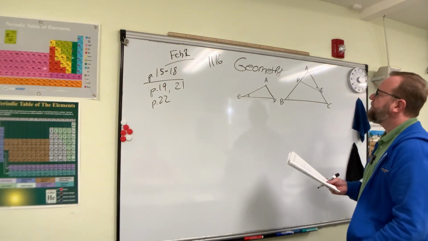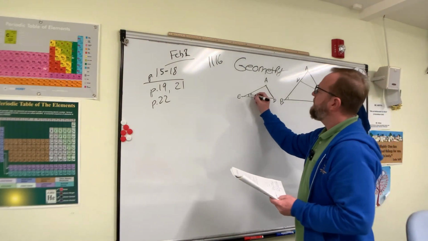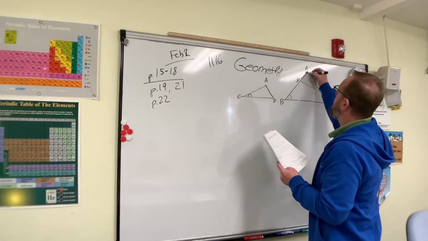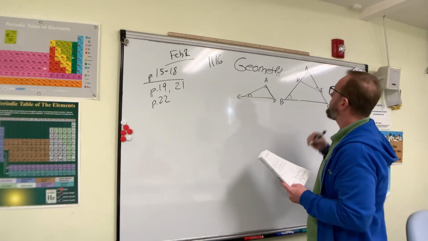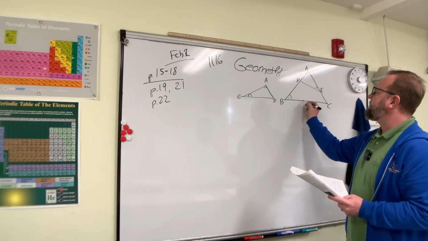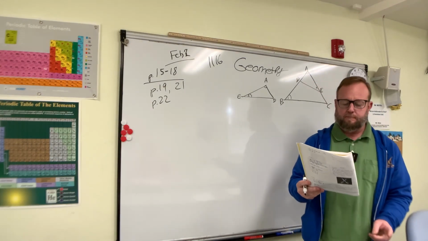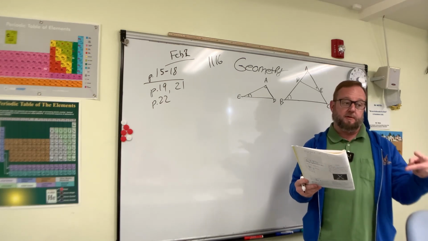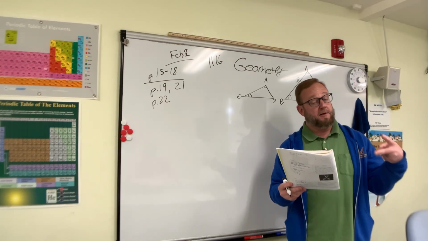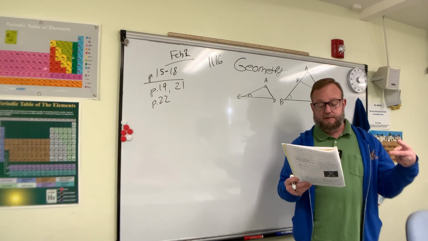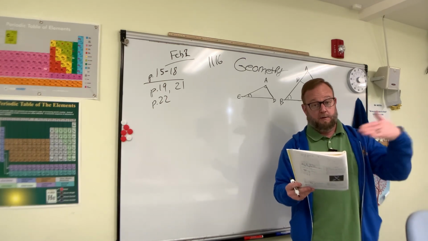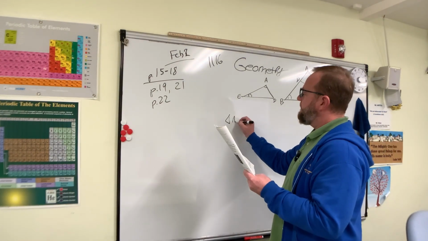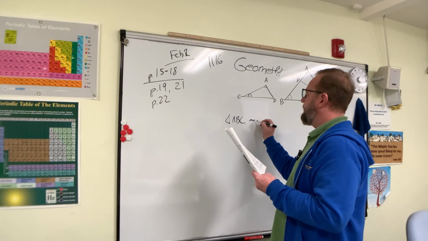Well, what do I know? I have an angle that's congruent. Oh, and another angle that's congruent. That makes me think that I might have what? I've proven 2 angles are congruent. If I have 2 angles congruent in triangles, then I could say that they are similar. Why? So triangle ABC is similar